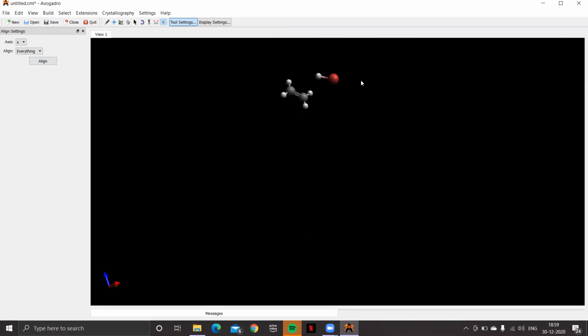So this got aligned along a particular axis. That is your x-axis in this case, and this red arrow is your x-axis direction. If I want to change the direction, let's go for the z-axis from the drop-down menu, choose two atoms, and then select align. So now it got aligned along the z-axis, which is this blue arrow.